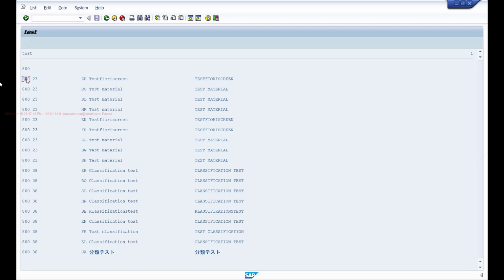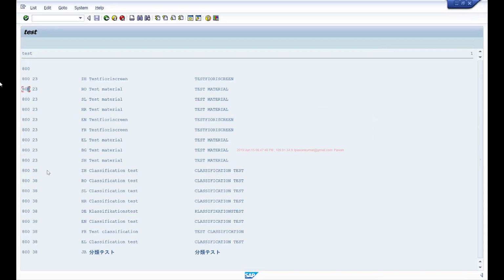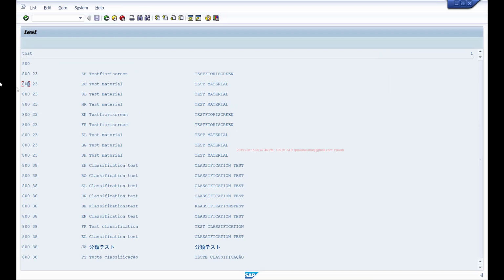here you can see it's printing the first row, second row, third row, and so on. So I can even access the individual fields of that structure dynamically without even knowing what the structure name is, right? By using these field symbols.